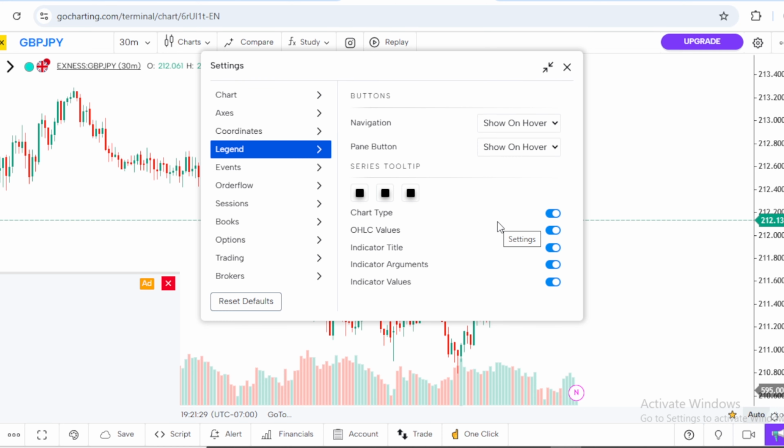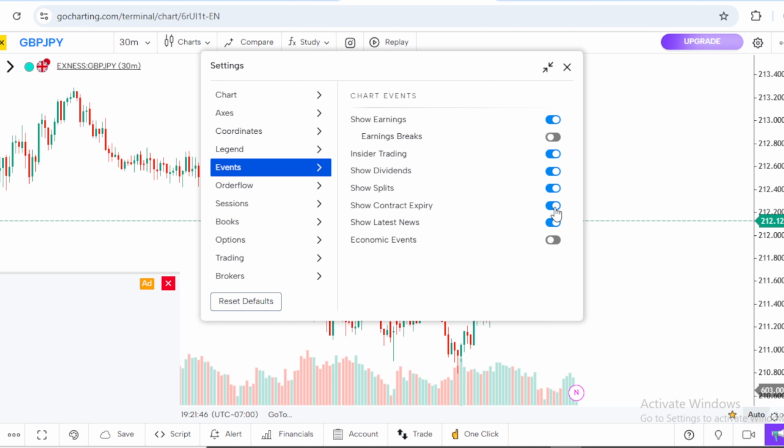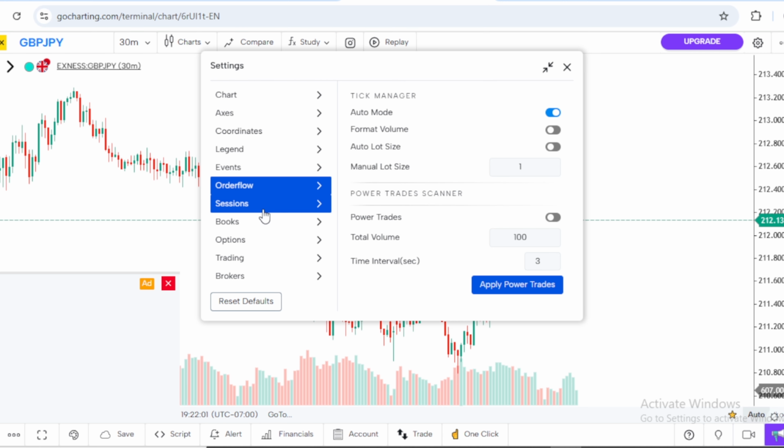I just want to see the candles and a clear background, so I'm turning off everything here, the indicators, the volume, and every bit of it. I'm turning them off right now. So this particular event, you can see some events below the end. You can see it's no longer there, so I'm turning off everything, the earnings and everything.